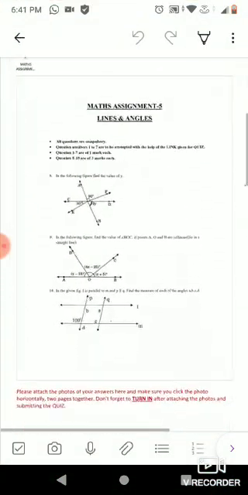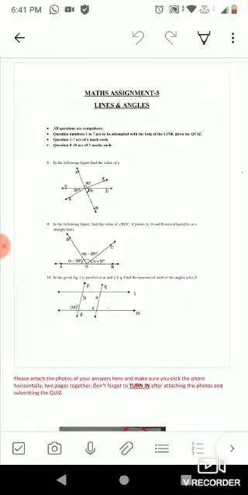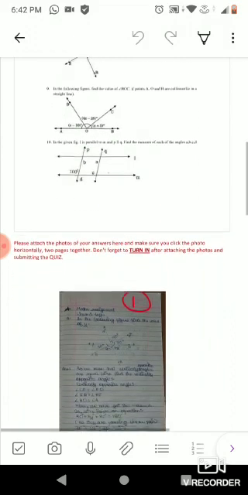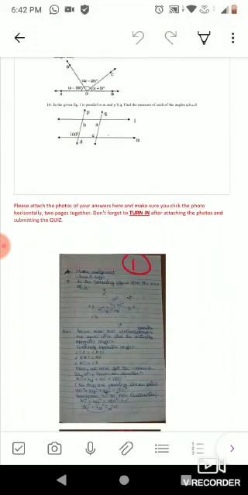Once you do this, you have to go back to your notebook and then you will attempt the subjective part. In the subjective part, you need to attach the pictures of the answers in a proper sequence. For example, there are 3 subjective questions, question number 8, question number 9 and 10. So please give a page number to all the questions and then attach them in the same sequence.